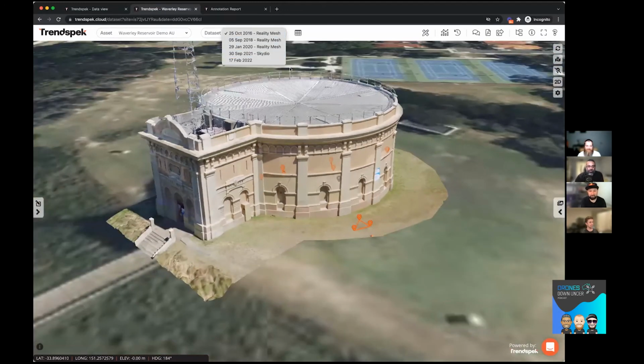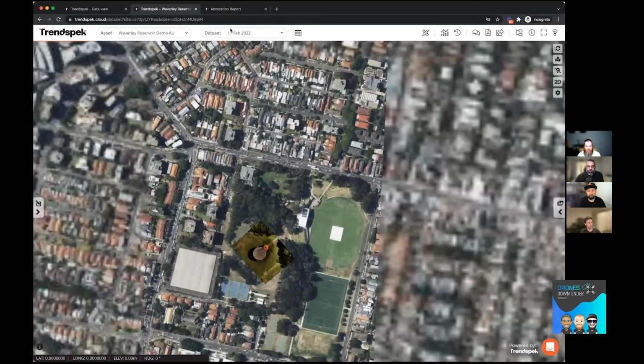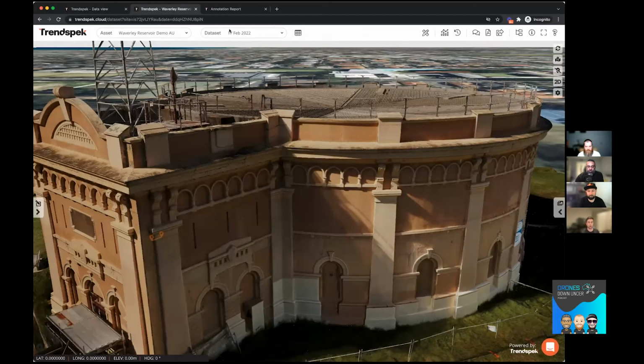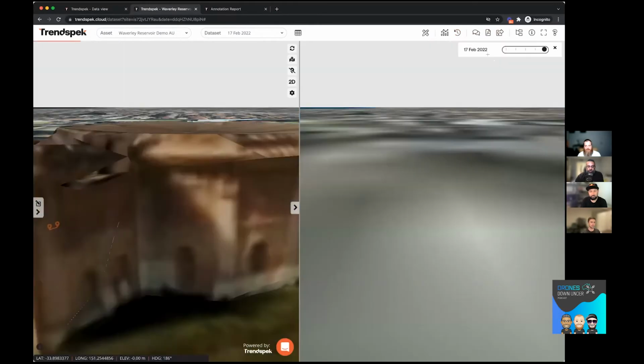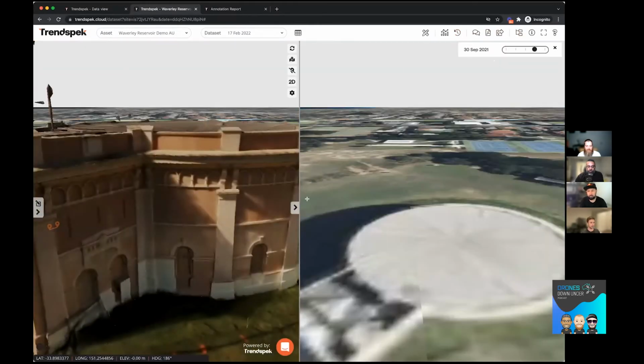Actually, this is probably a good time to walk through the trend tools. So obviously this asset has been captured, as I was saying, 5 times now. So I'll jump to the most recent one as a starting point. And as you may have picked up on, Trendspek, we're all about monitoring and picking up trends within or across multiple data sets. So we've got 2 different comparison modes or trend tools. We've got the side-by-side viewer and the asset timeline. So if I open up the side-by-side viewer,